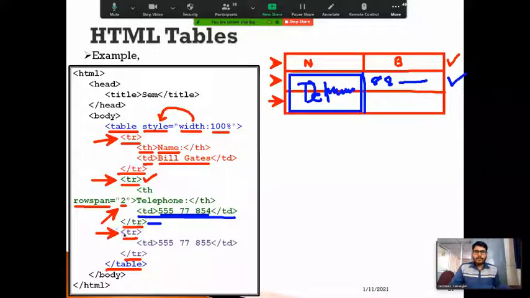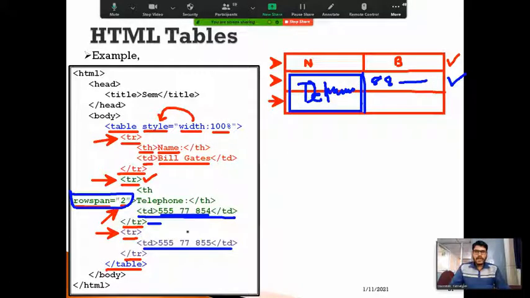In the next row, I'm using a tr tag, and I'm going to specify only one td because this has been merged. These two cells have been merged because of the rowspan here. So now I cannot specify a value for the first cell.